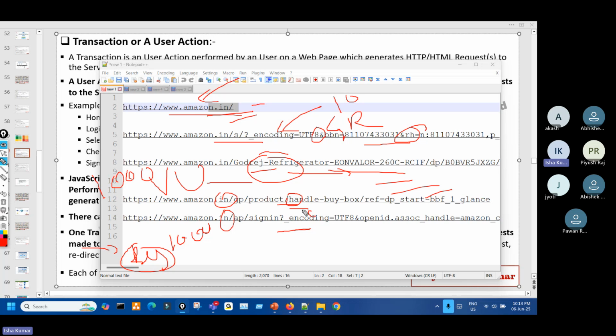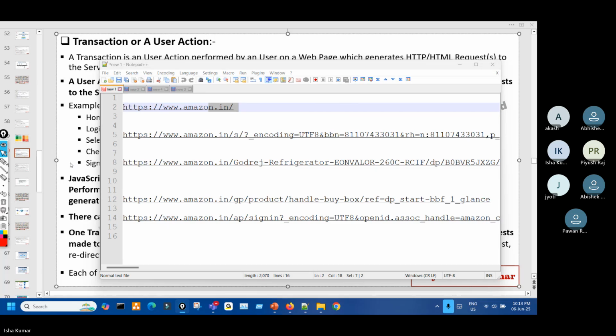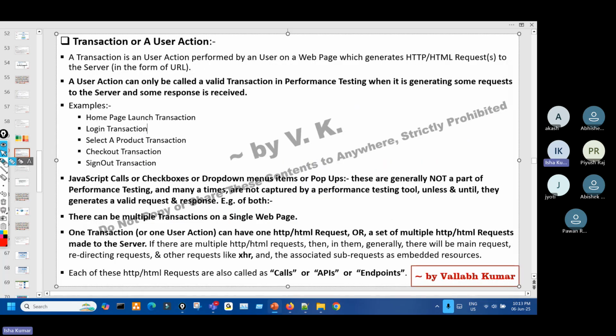Then only the tool can generate those 1000 virtual users, and all 1000 users can send this request, and on the server there is a load for 1000 users. And then we check the behavior, the response time, and the behavior. Fine. Now another thing,